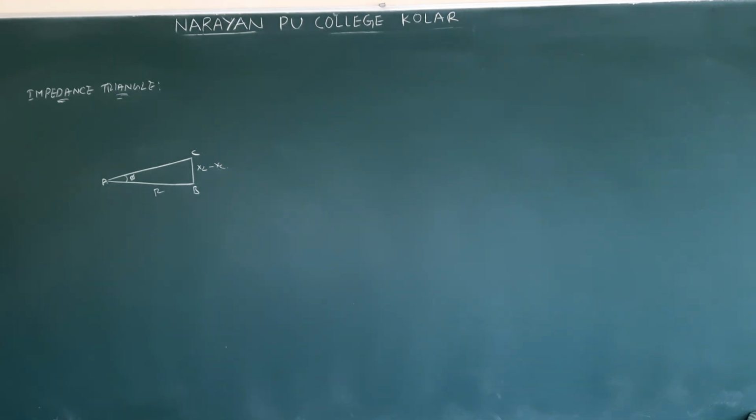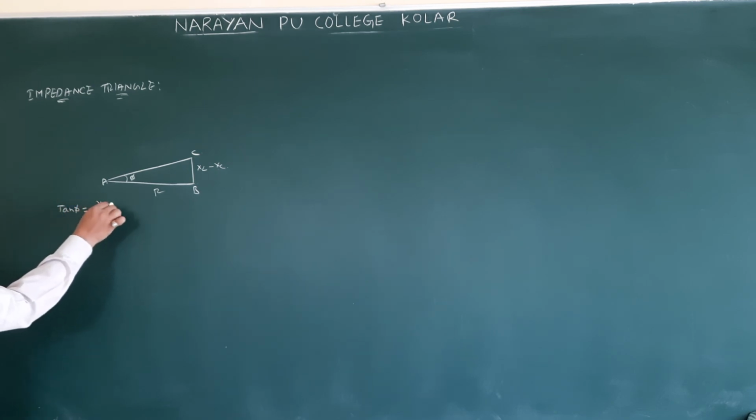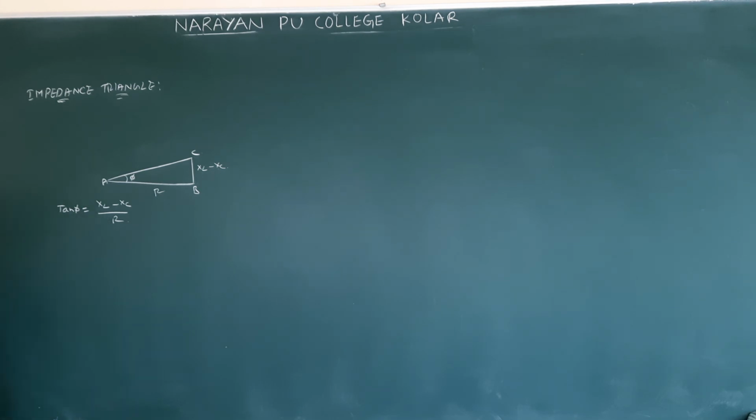Okay. So by using this we wrote tan phi. What is tan phi? We got XL minus XC by R. Now if you write cos phi, what do we have? What is AC here? AC is nothing but Z, that is called impedance. The triangle which shows impedance, reactance and resistance is called the impedance triangle. So cos phi is equal to adjacent side by hypotenuse, R by Z, isn't it?